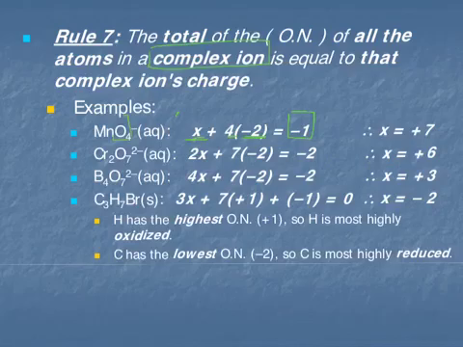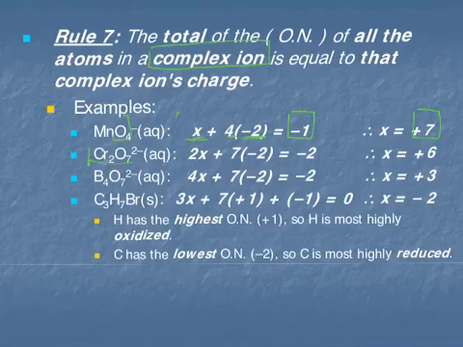The math is still the same, and when we do the math, we find that the oxidation number for manganese is +7 in the permanganate ion. Similarly, we can do something a little bit more complex. We can look at dichromate,